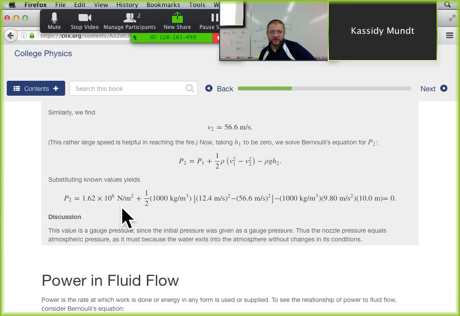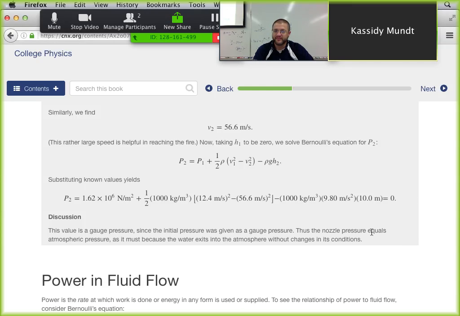Yeah. So what they want to know is the pressure of the water coming out the top, and it turns out to be 0 gauge pressure, right? So there's 0 change from atmosphere. And is that true when it comes out of the nozzle? We already talked about that, right? What kind of pressures are acting on the water once it leaves the nozzle? Just atmosphere. So there's no difference from atmosphere. So its gauge pressure is 0, right?